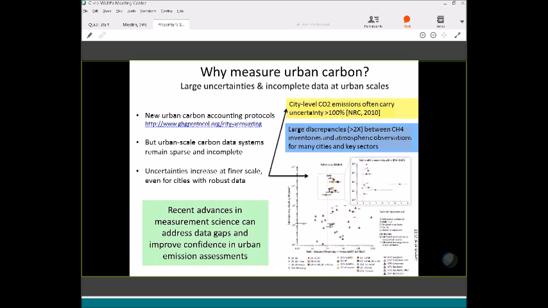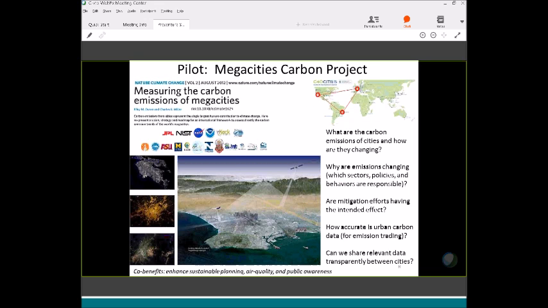Mark nicely summarized the approach of top-down methods and improved bottom-up estimation methods, so I don't have to cover that. What I'm going to talk about is this pilot project called the Megacities Carbon Project. Megacities plural, meaning it's not just Los Angeles. In the current phase, we have strong partnerships with both Paris and Sao Paulo,